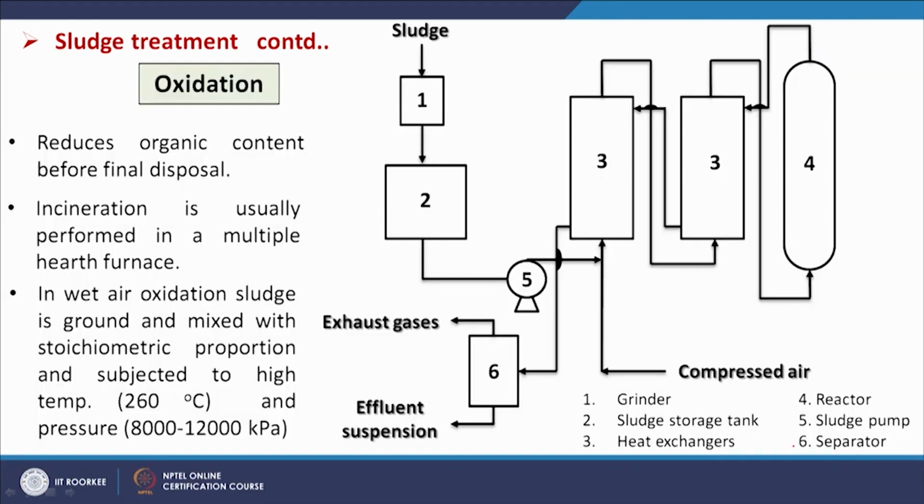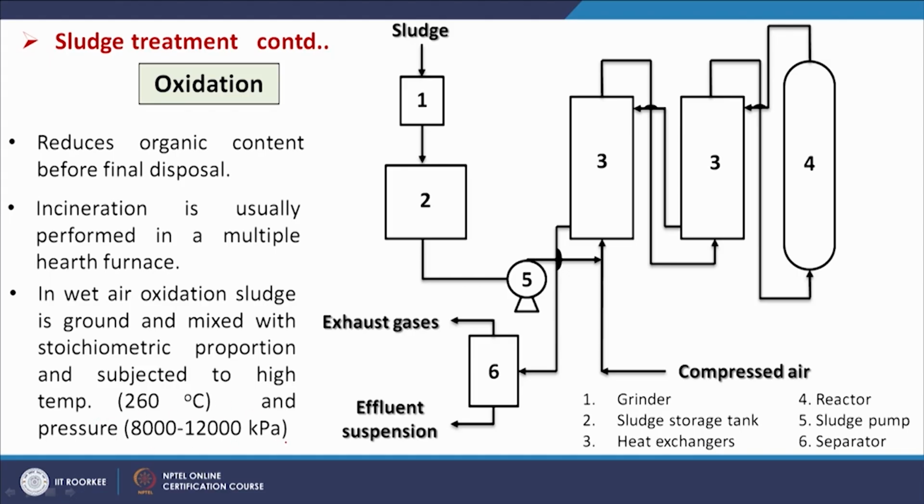Now, we will discuss oxidation. There are two types of methods through which oxidation can take place, that is wet air oxidation and incineration. In incineration, basically dried material is combusted, and in the case of wet air oxidation, some moisture content is necessary. In wet air oxidation, sludge is ground, mixed in stoichiometric proportion, and subjected to high temperature, that is 260